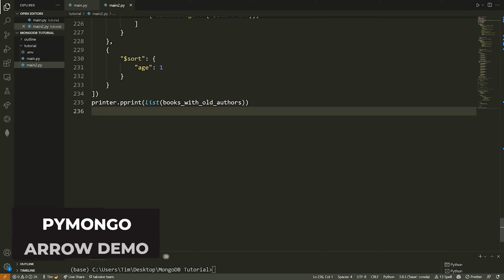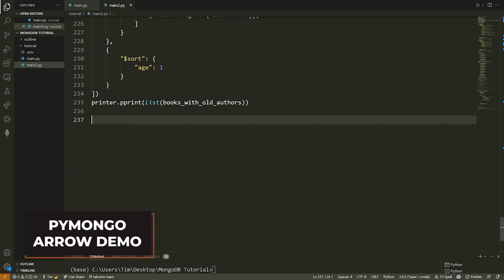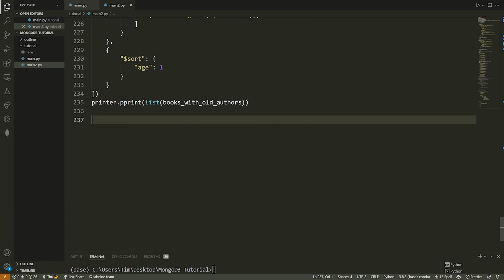Now, what I want to end you with here is a quick demo of this awesome library/module that MongoDB has made called PyMongoArrow. What this allows you to do is essentially take MongoDB data and read it in as a pandas data frame, a NumPy array. You can also read it in as an Arrow table or an Arrow object if you're familiar with what that is. So this is super useful for data scientists, specifically machine learning people, or really just anyone using Python